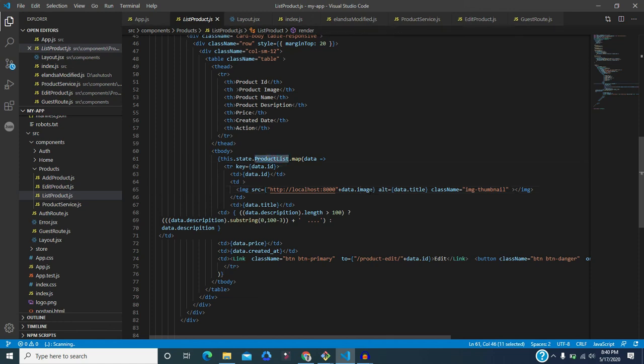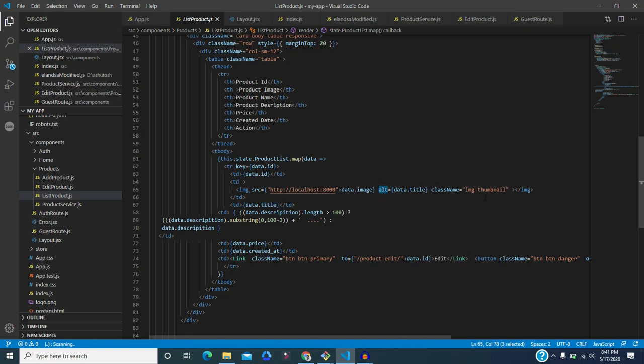That's why we are getting the data. If we do data.image, we get an image URL, but we are concatenating it with localhost, which means the domain. In alt, data.title, for SEO purposes we need to provide the alt information of the image.